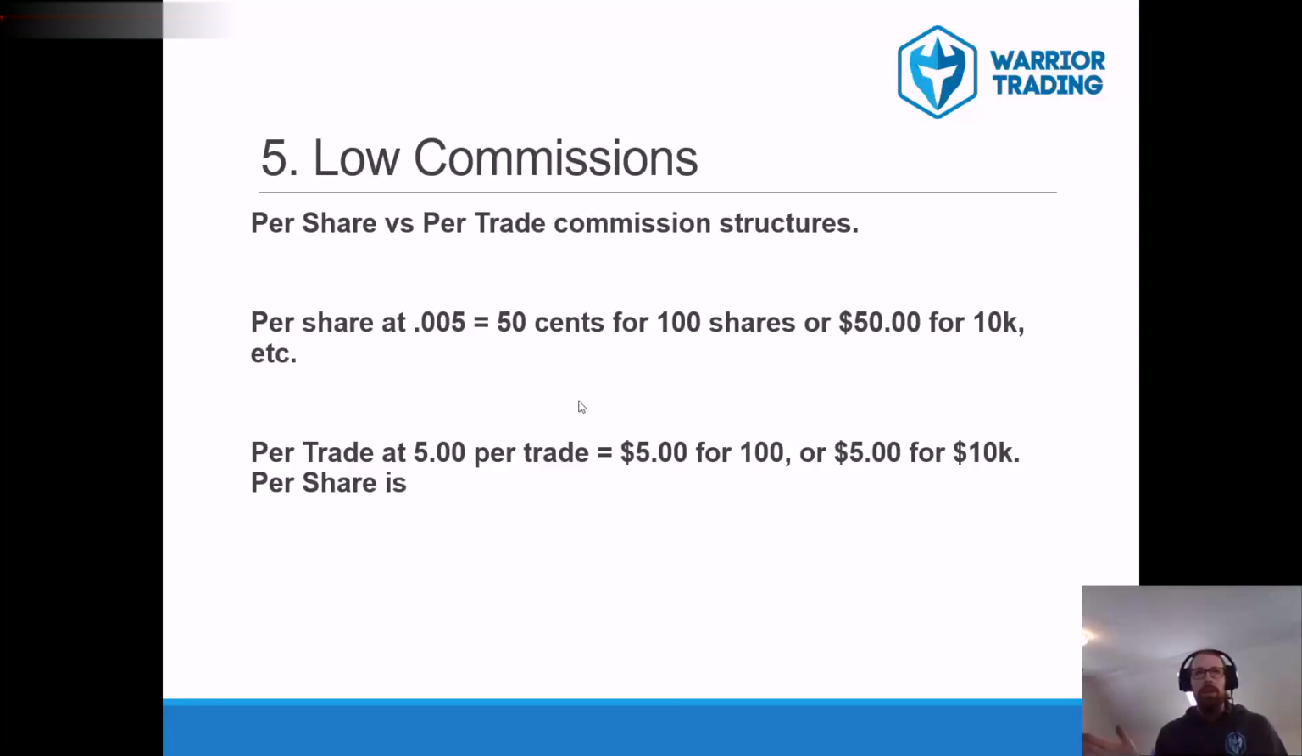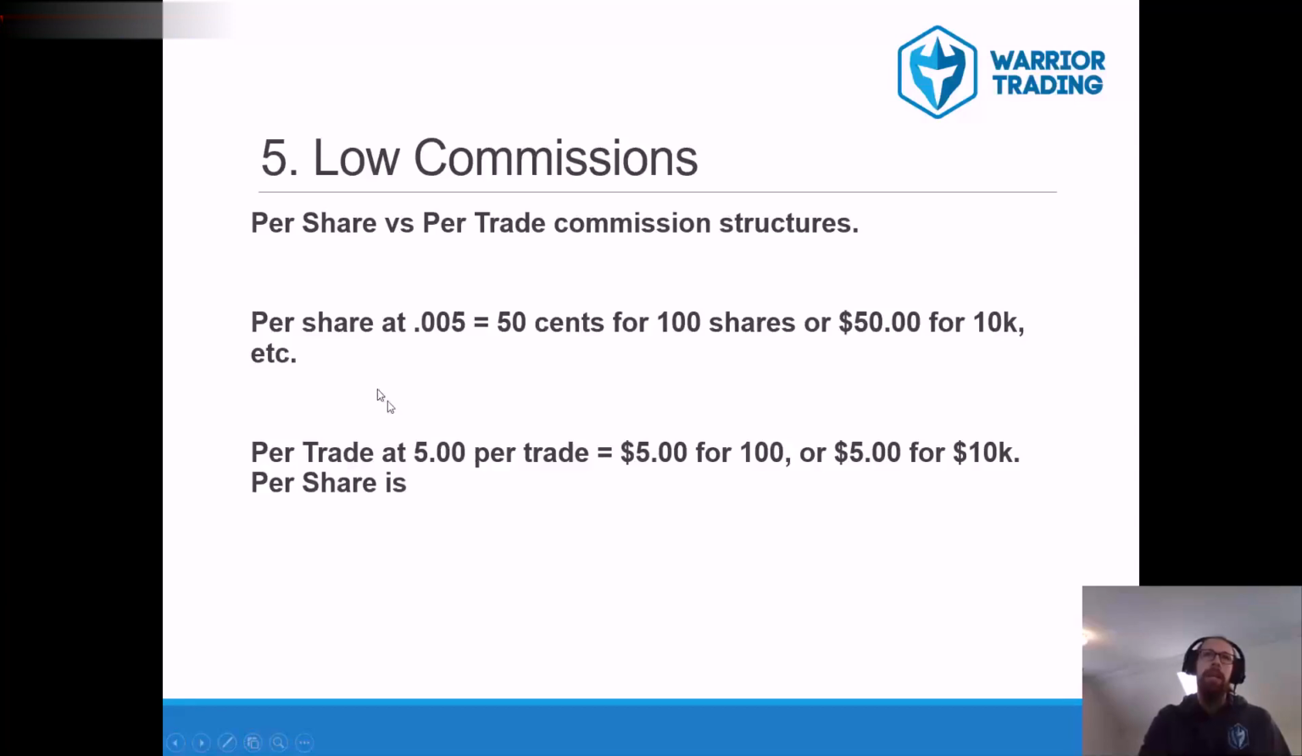The other commission type is per share. Some brokers will do something like half a penny per share, which means if you only trade 100 shares, it's only 50 cents, which is great. But if you trade 10,000 shares, it's $50. So per share is only beneficial when you're trading less than 1,000 shares. Once you're trading more than 1,000 shares, per share is going to be too expensive, and you want to usually